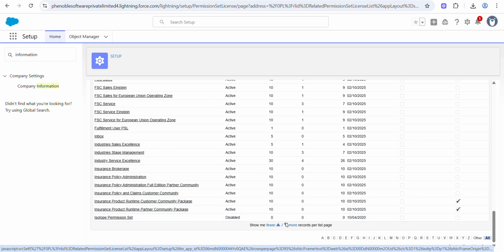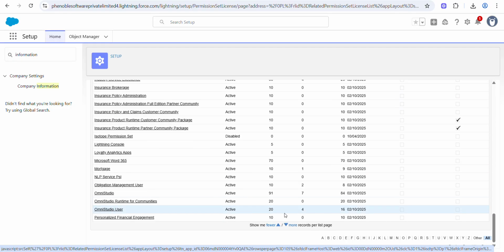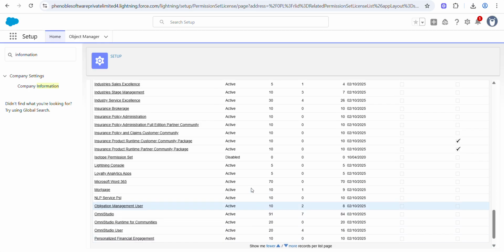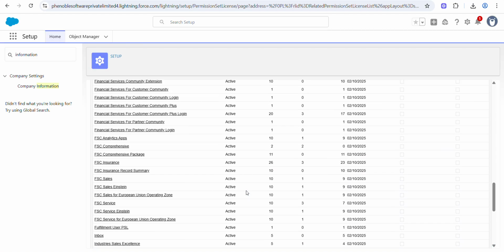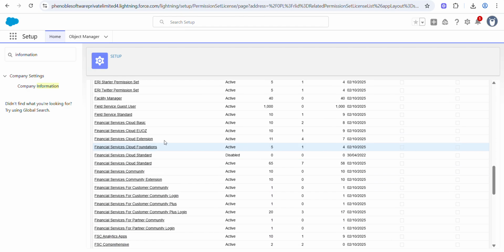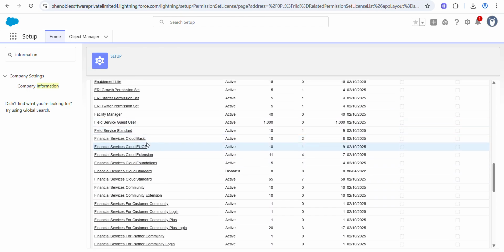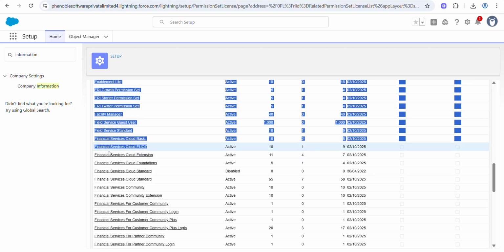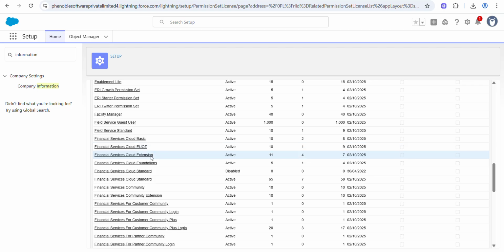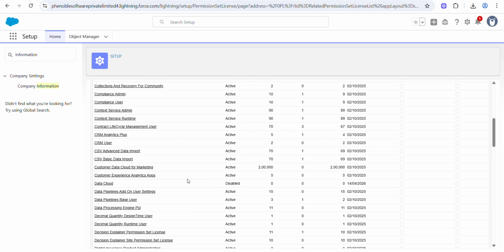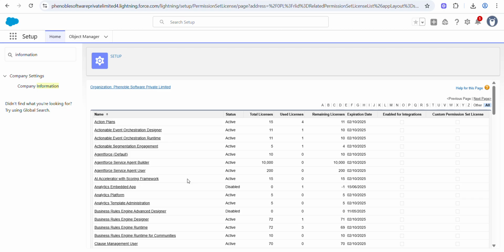Let's take a look. Here is Financial Services Cloud Basics, Financial Services Cloud EU, extensions, foundations, standard, community, and so on. You should have these permission sets in this trial org.